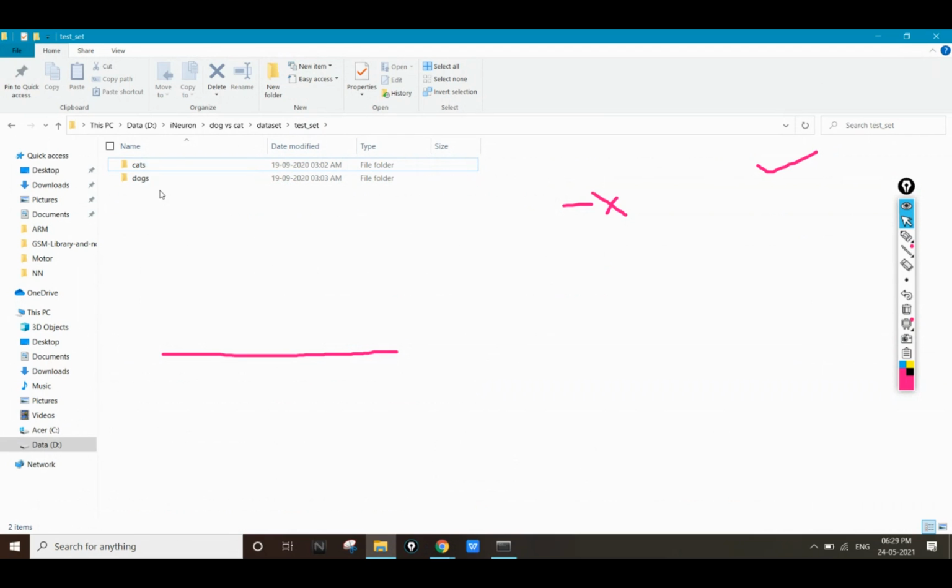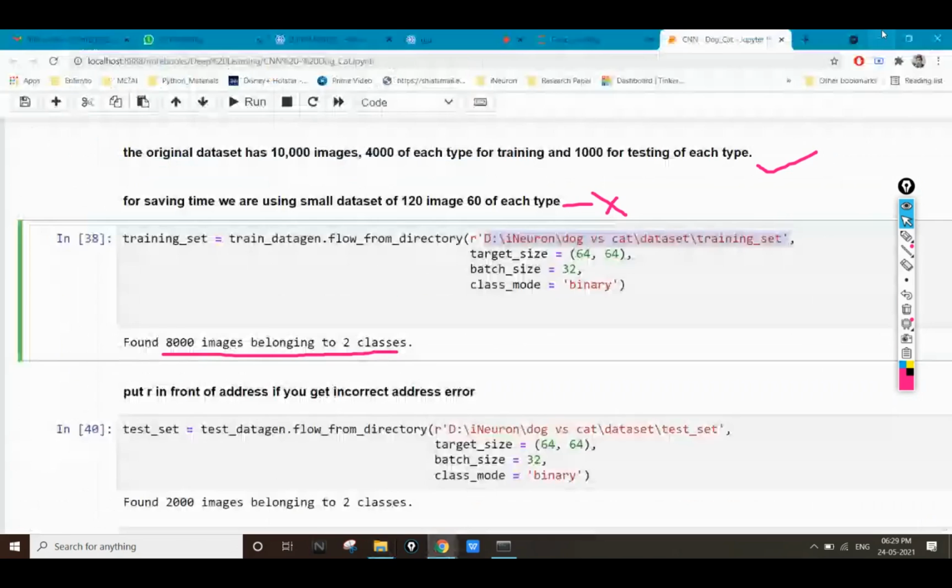Don't mix both, because Keras takes the ASCII value of each and every category name, like the ASCII value of cats and of dogs, so as to determine the categories. So write all the names either in lowercase or all in uppercase. Don't mix them.